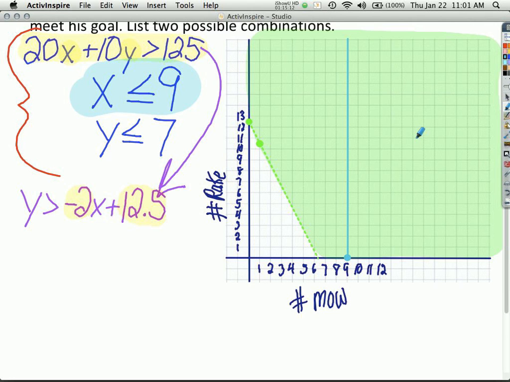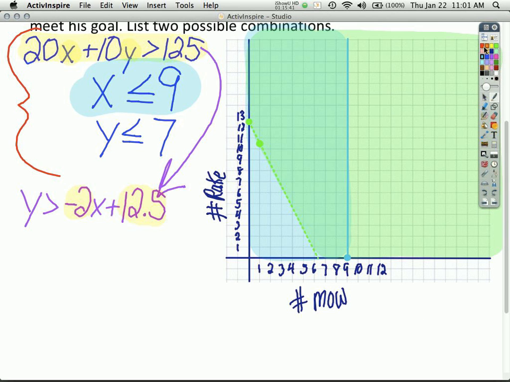Shade to the left, yeah, because it says x is less than. If I was standing right here and I asked you to go less than, well, these numbers are less than. So this is going to get shaded to the left. And watch what happens. Now we've added in one of the restrictions. So now we can interpret it even further.